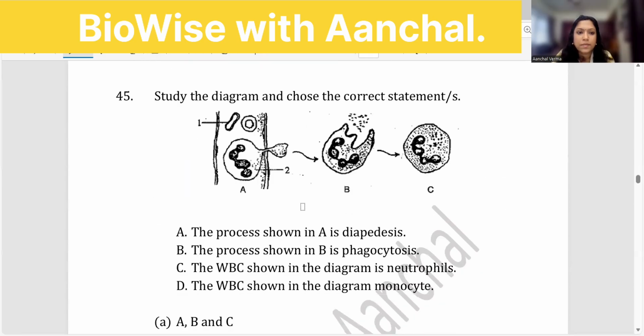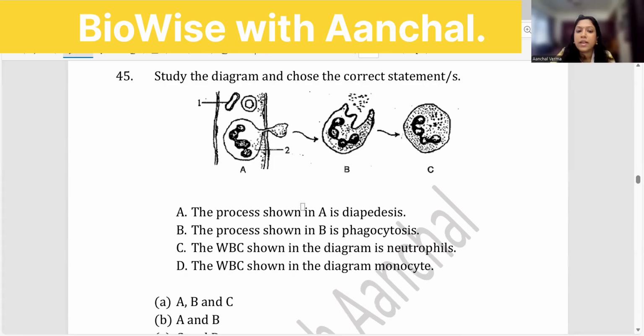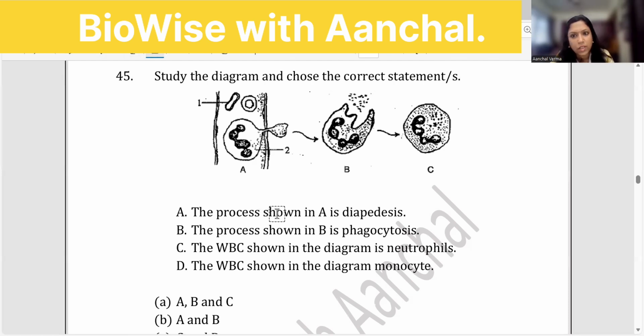Moving to the next. Study the diagram and choose the correct statement. Now here what is happening? Can anybody name what is this WBC? What is the name of this WBC in the comment section? Name it. I will not tell you the name. It has numerous lobed nucleus. Anyway, now what will happen? The process shown here is